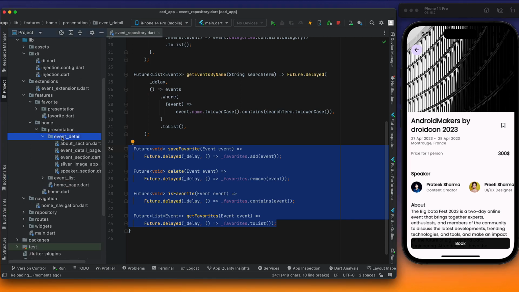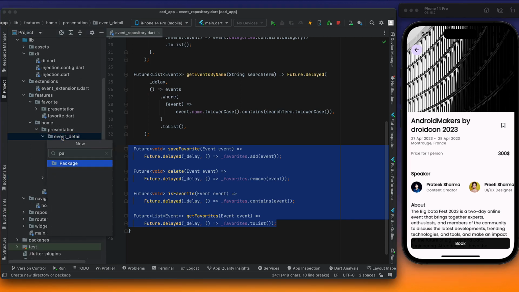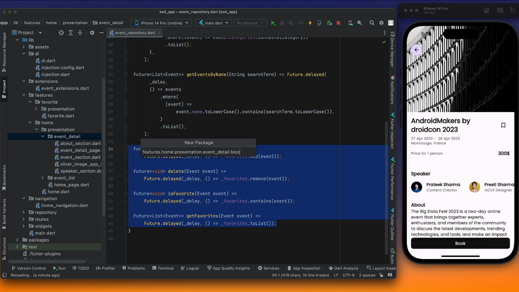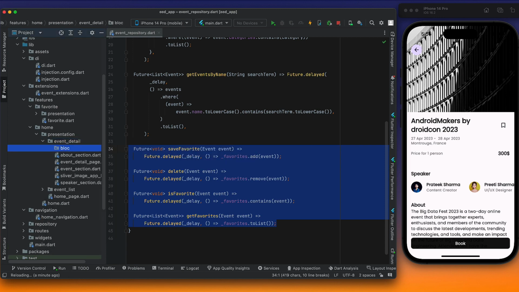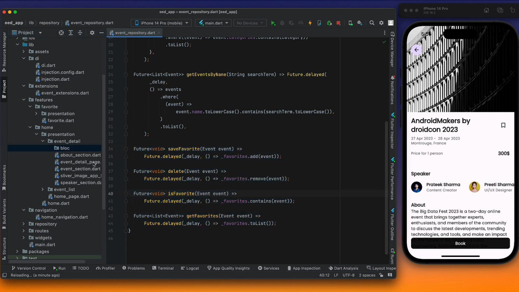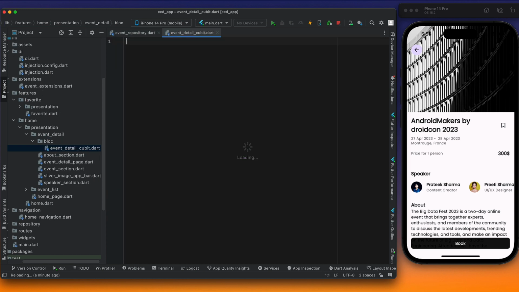So in the event detail, we will create another folder. It doesn't matter what your folder name will be. Let's keep it bloc because eventually we are going to use Bloc only. So here we will create a Cubit that would be EventDetailCubit. And the beauty of Cubit is you don't need event and state here because it's not event based, it's function based. So you can simply define a class EventDetailCubit,